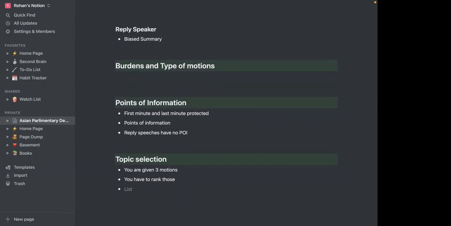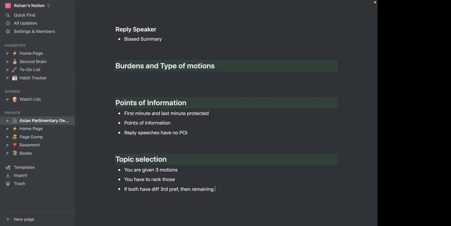First thing that happens is that the motion that is your third preference is eliminated. So if motion 3 was your third preference, that motion is eliminated. You'll never actually debate that motion. Same with the other team. So now, if you both have different third preferences, then 2 motions have been eliminated. Only 1 motion is remaining, and that will be the motion debated. Cool. If both have different third preferences, then the remaining motion is debated.